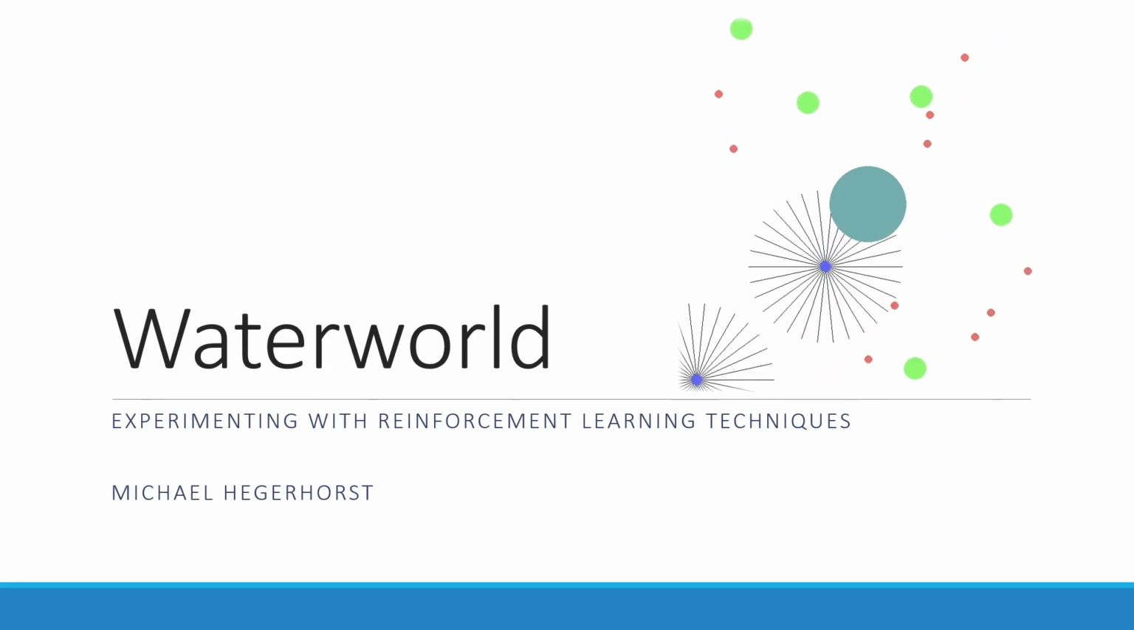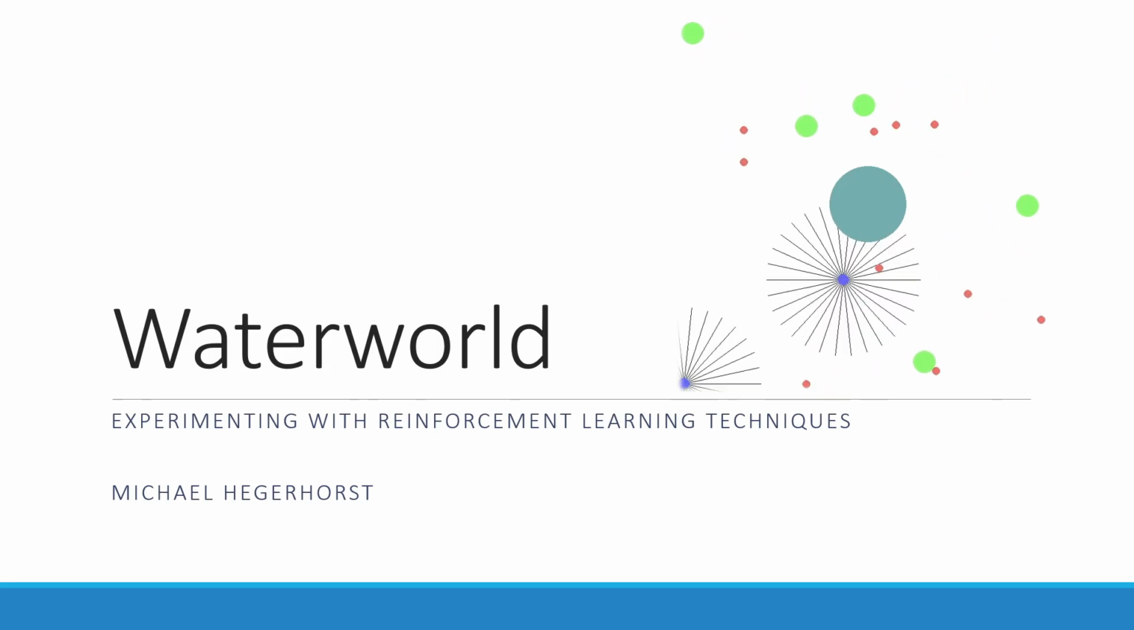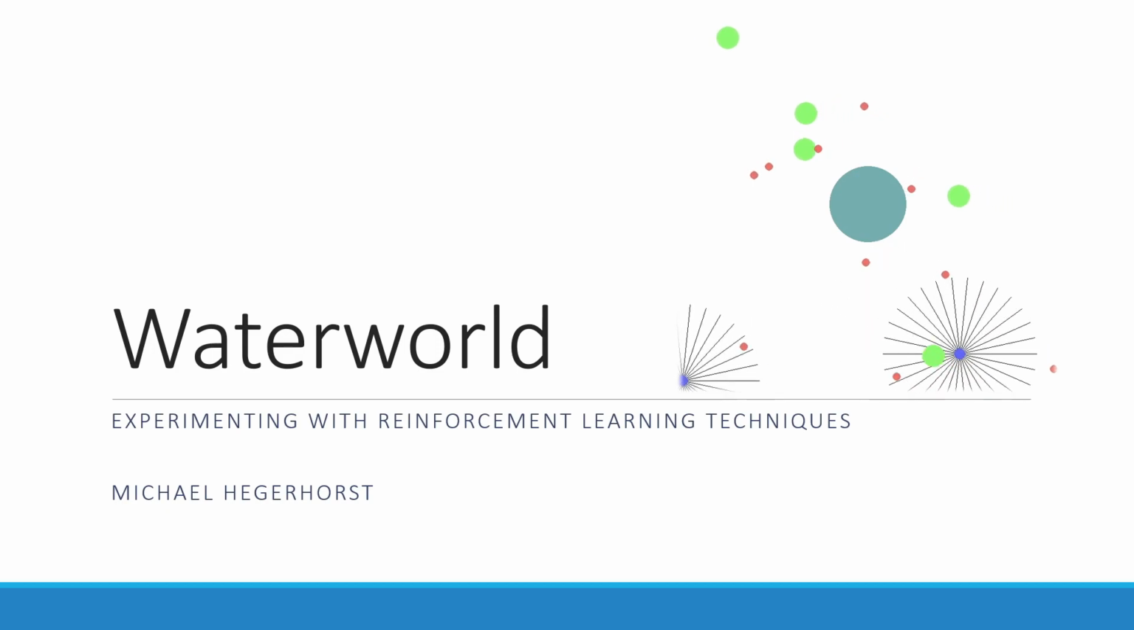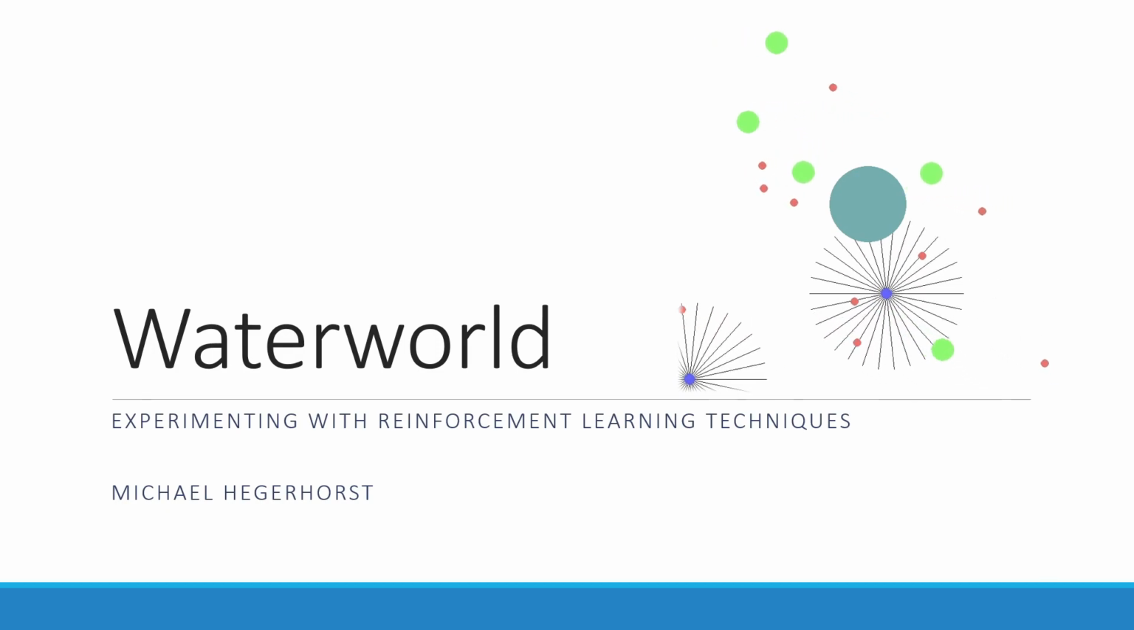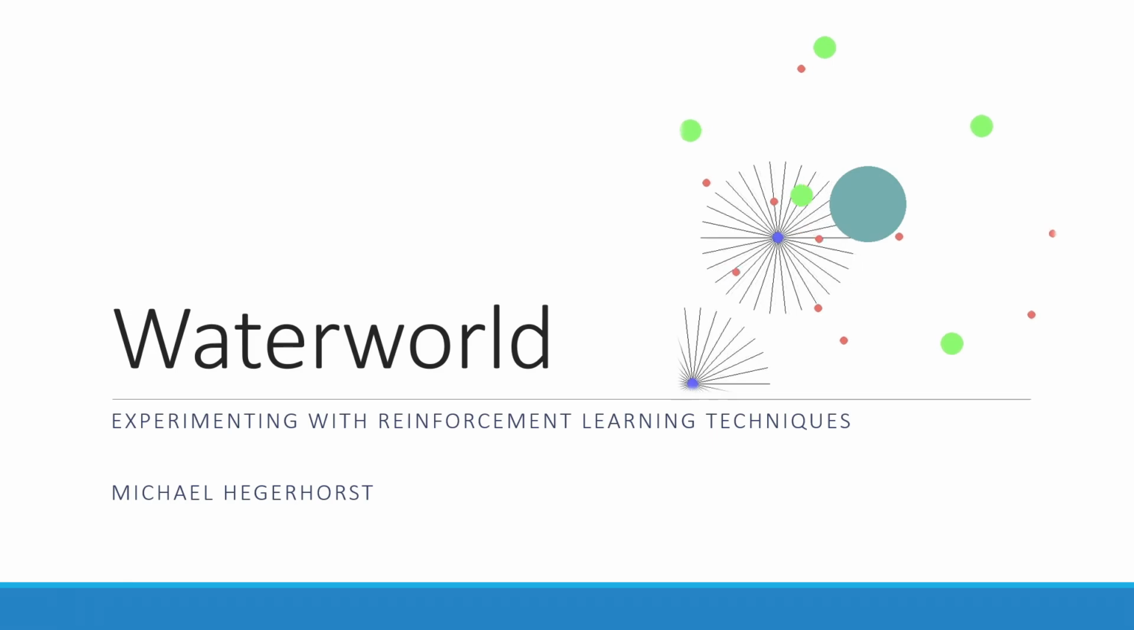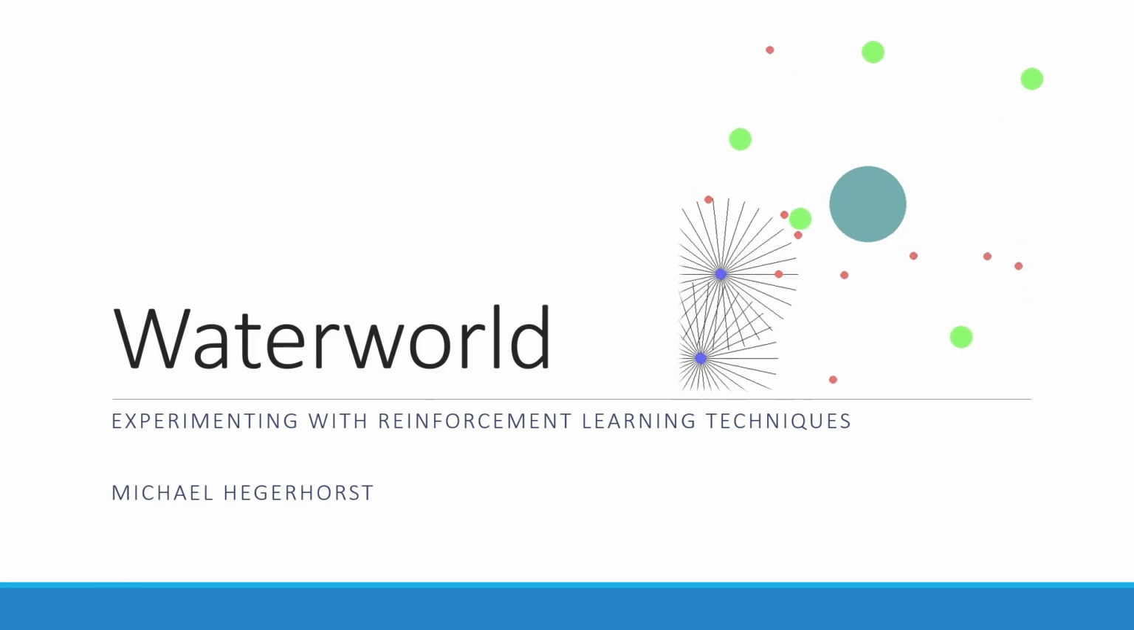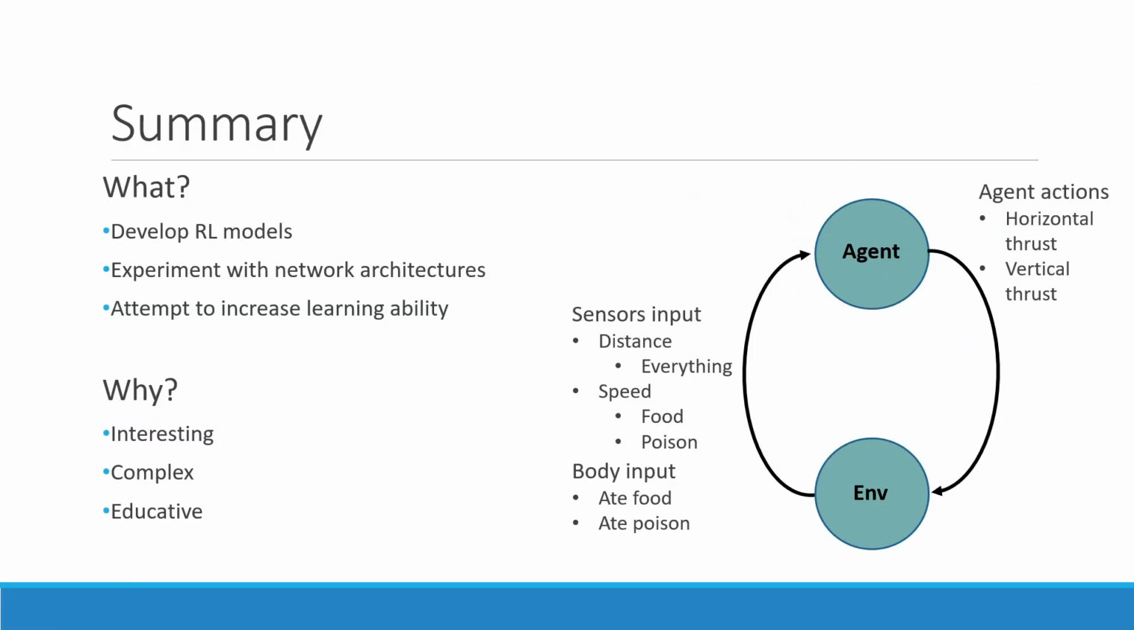In the top right corner, we can see an example of Waterworld. We have the blue agents called pursuers chasing the green food and avoiding the red poison. And those little lines you can see out of them are how they see the world. Those are their sensors. As we can see from this diagram on the right-hand side, they can sense just about anything in the environment, and they are able to apply horizontal and vertical thrust in order to move about the